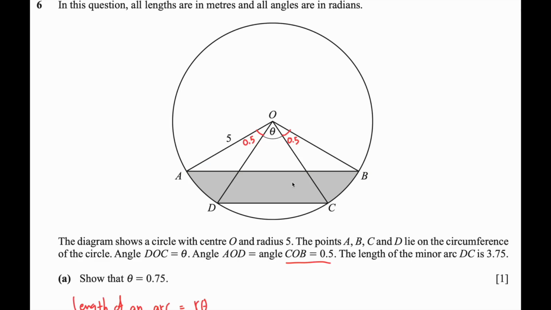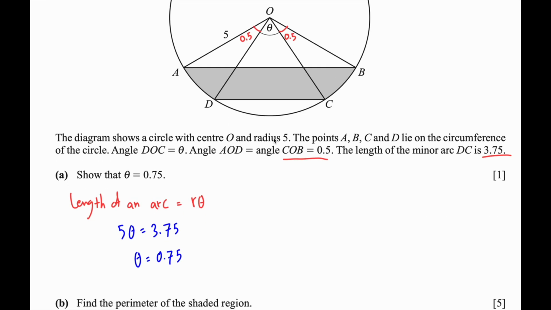Question number 6. I'm given a circle with radius 5 and the center O, and as you can see, I have the arc AB and arc DC. I also have this angle theta at the center. I'm told that COB right here is 0.5, which is in radian. Also, the length of the minor arc DC is given to me, which is 3.75, and I'm supposed to show that theta is